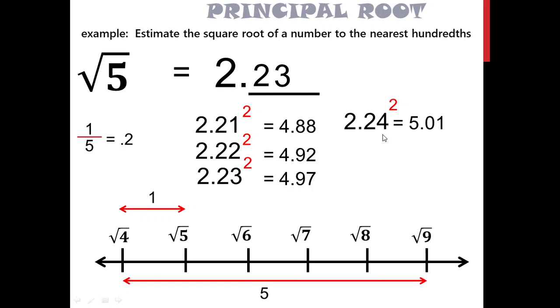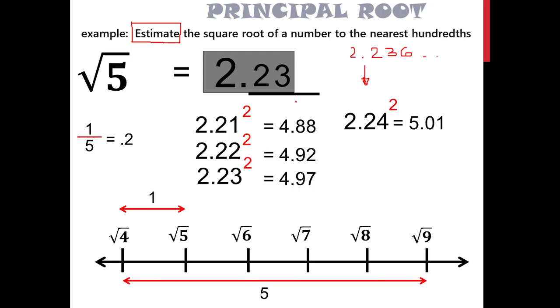Okay, but 2.24 is also a correct answer. Okay, how? Because when you use the calculator, the result would give you 2.236 and something. So if we round this one off to the nearest hundredth, since 6 is more than 5, this 3 here will be rounded off to 2.24. This one here. Okay? But since we only need the estimated value, then that would depend